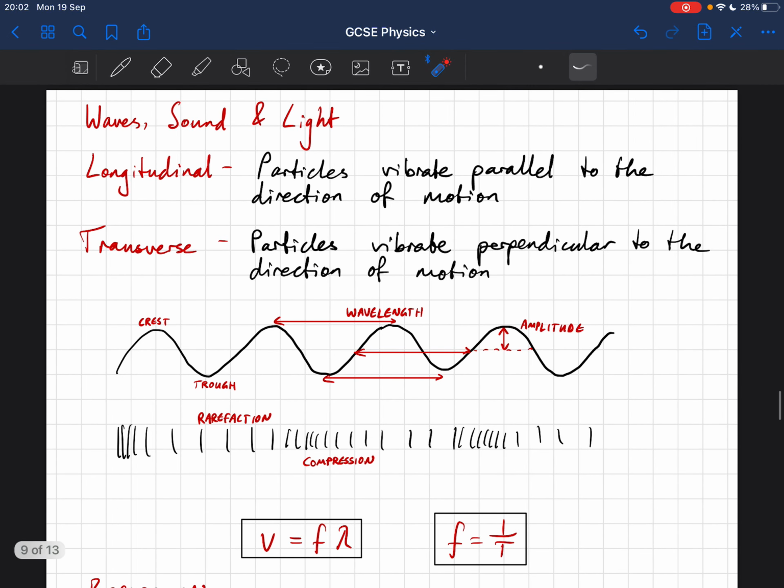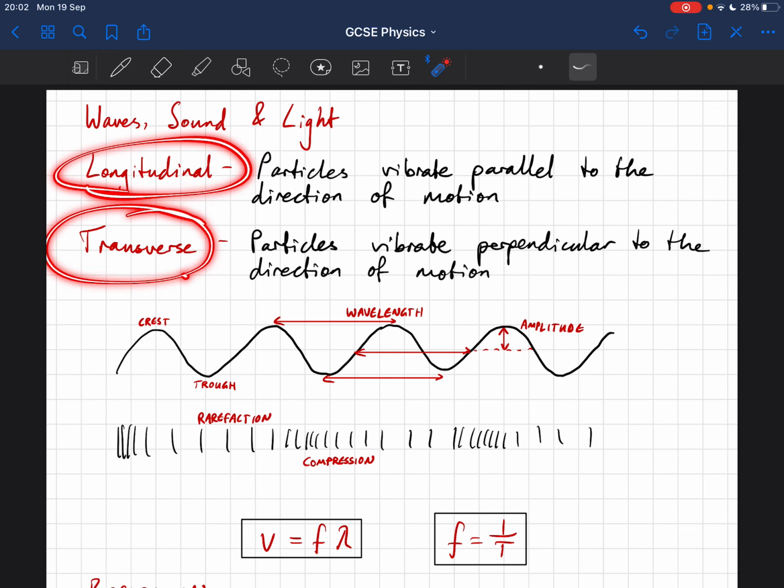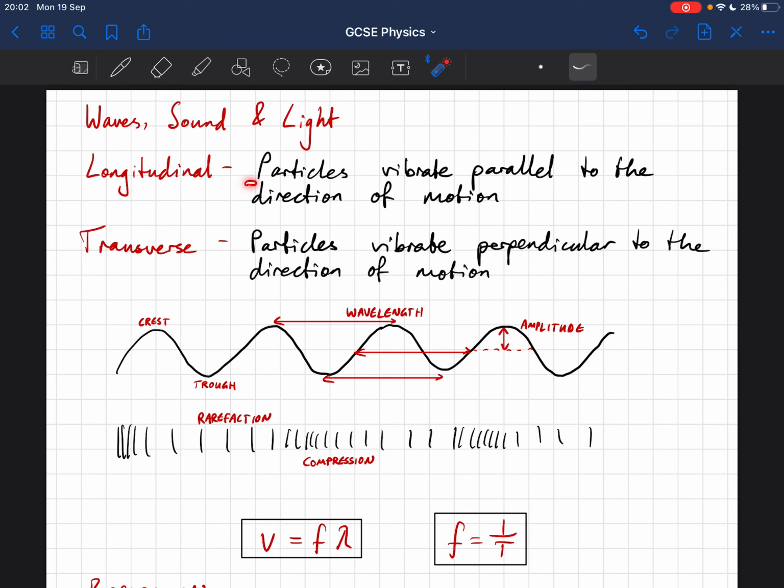Okay, this is a recap on the topic of waves, sound and light. So there are two types of waves. We've got our longitudinal waves and we've got our transverse waves. So in a longitudinal wave, the actual definition is particles vibrate parallel to the direction of motion or the direction